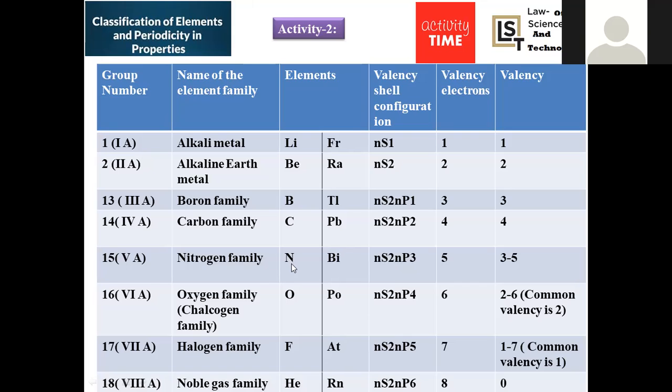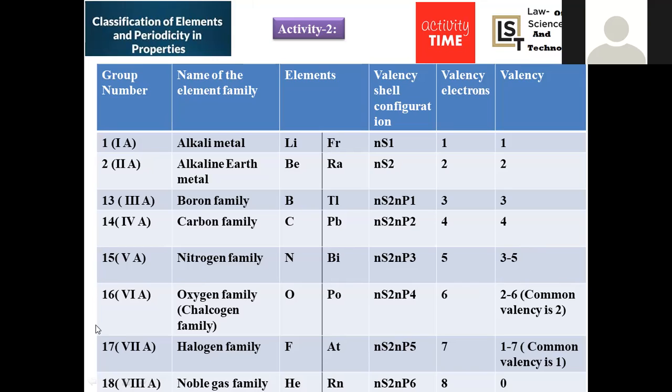The reason is the absence of d orbitals. Only s and p subshells are available in nitrogen, so its valency is restricted to 3. In NH3, you can find 3 bonds, trivalent in nature. But when you move on to the next element, phosphorus, since it is associated with d orbitals, you can find pentavalency. PCl5 is also available, right? That's the reason why there is a range of valency exhibited by the nitrogen family, 3 to 5, you can see.